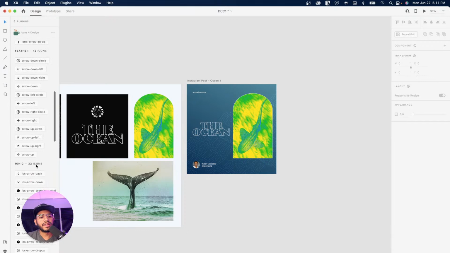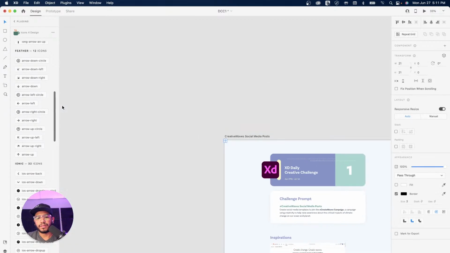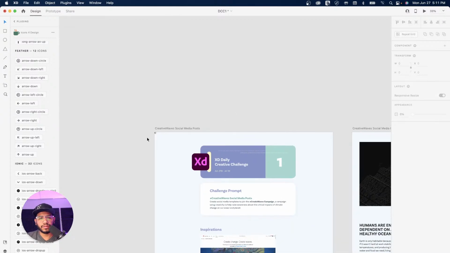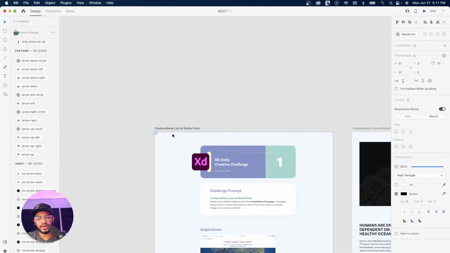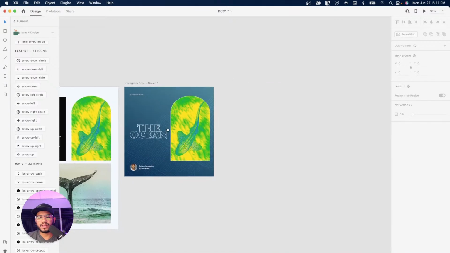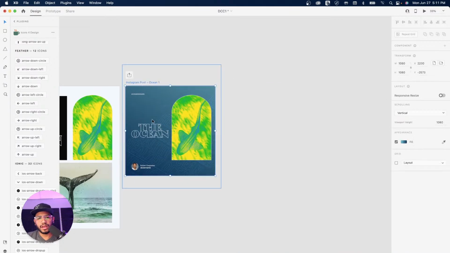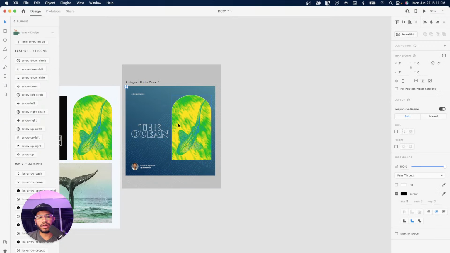Maybe something simple as this one might work. So I'm going to just cut it, and then paste it, click on the actual artboard,